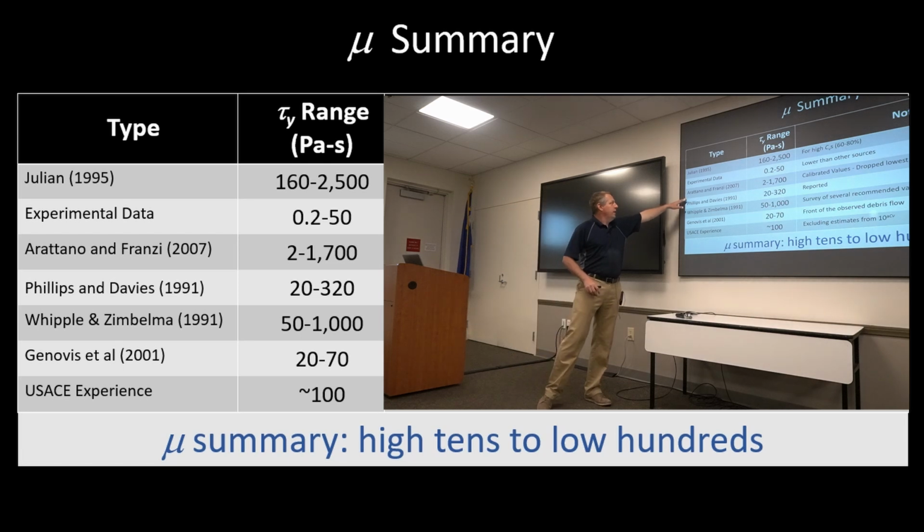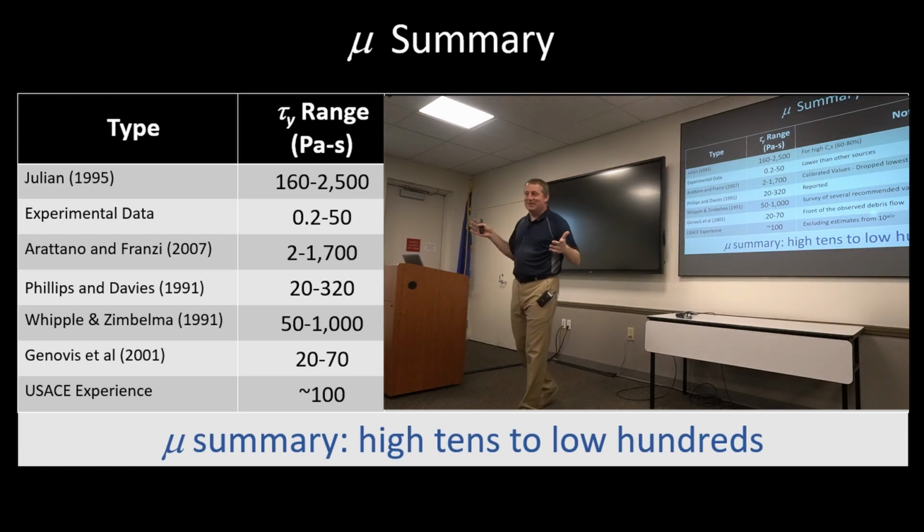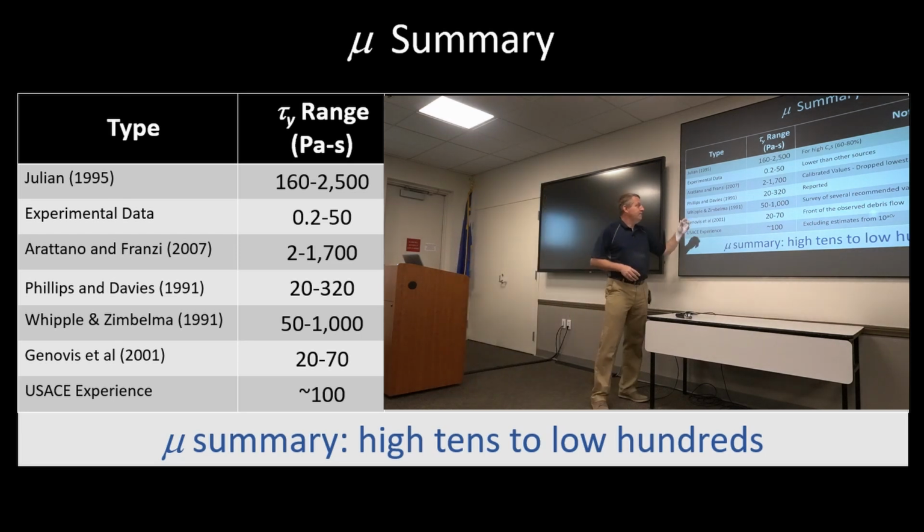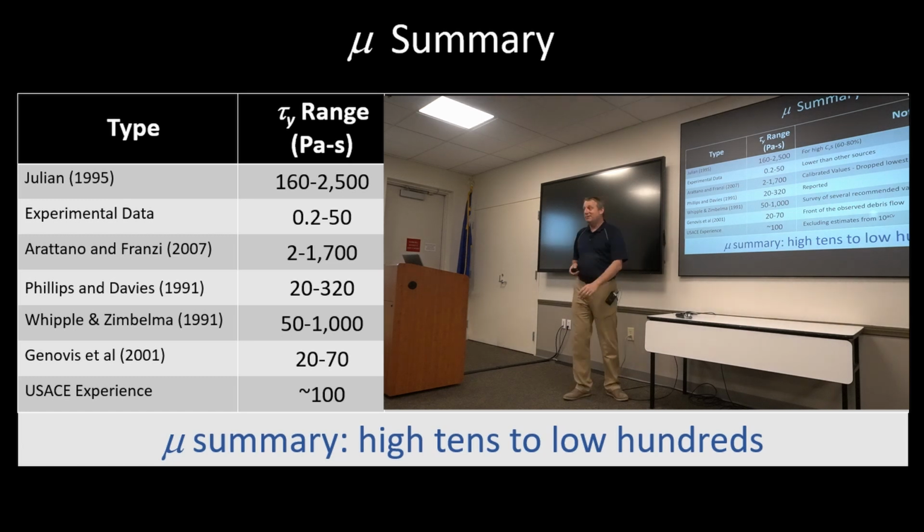And Atronio and Franzi, 2 to 1700. That's pretty good range. I'm not sure that's going to constrain things very much either. Phillips and Davies, 20 to 320. That is surprisingly close to my experience. Whipple and Zambella, 50 to 1,000. Genovis, 20 to 70. Our experience,